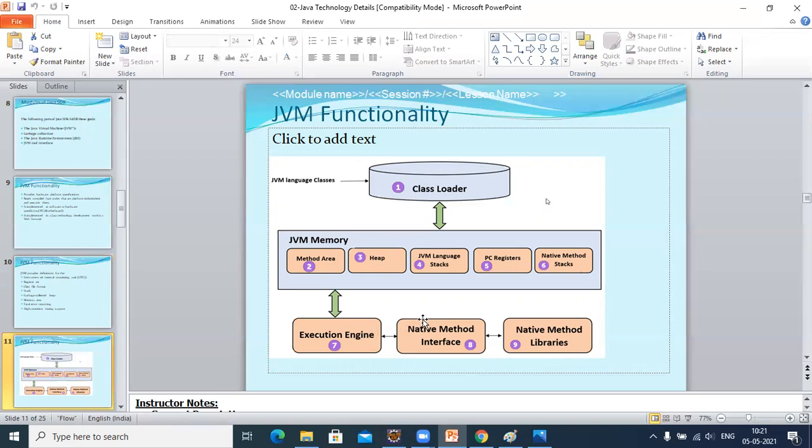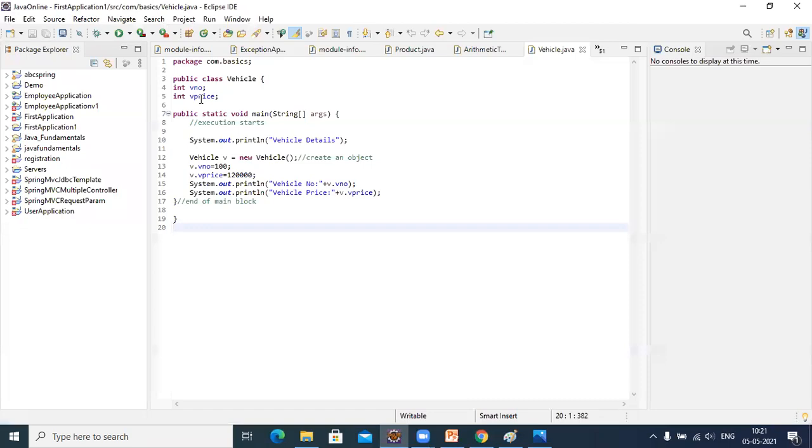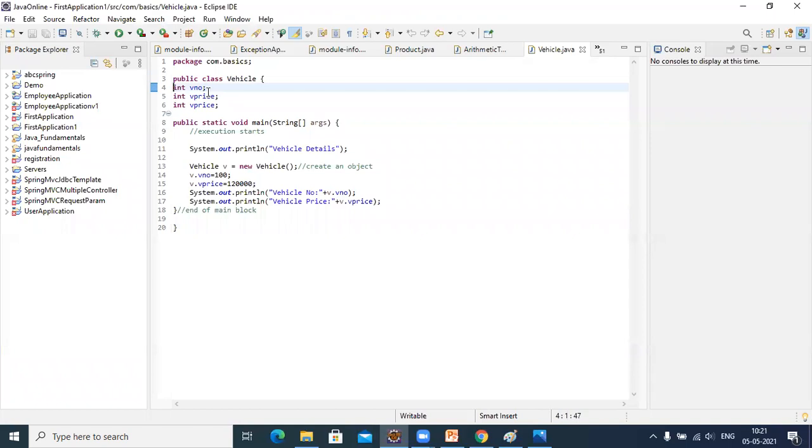JVM functionality: it has to load the class, and then the loaded class will be divided into different sections. If you open the editor, let us say this is one class. It is a syntax we have to create like this only. We will explore each and every keyword later.